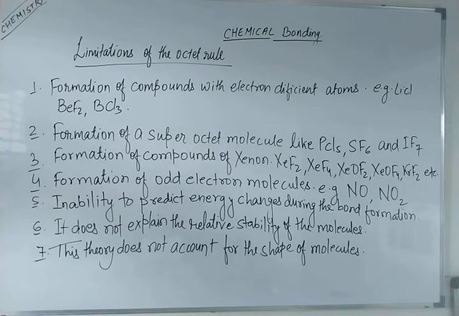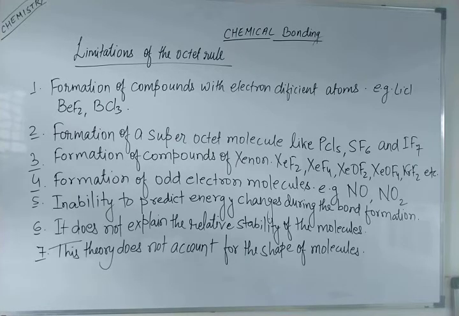Now, let's talk about the formation of compounds of xenon. You know very well all the inert gases are well stable. Then why do they react? The octet rule says that the noble gases are inert, but xenon and krypton take part in bonding and form compounds with elements like fluorine and oxygen. Here you can see XeF2, xenon difluoride, xenon tetrafluoride, xenon oxyfluoride, krypton fluoride. We generally say that noble gases are inert and well stable. Then why is there a formation?